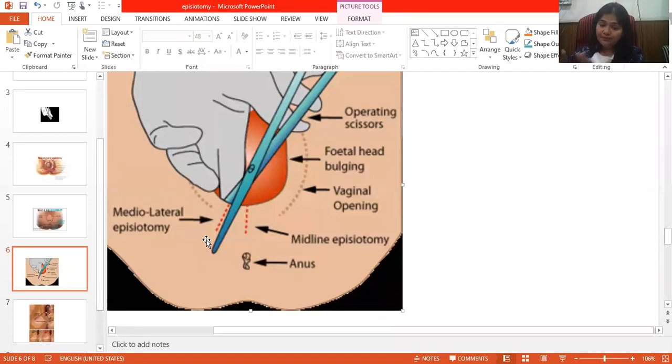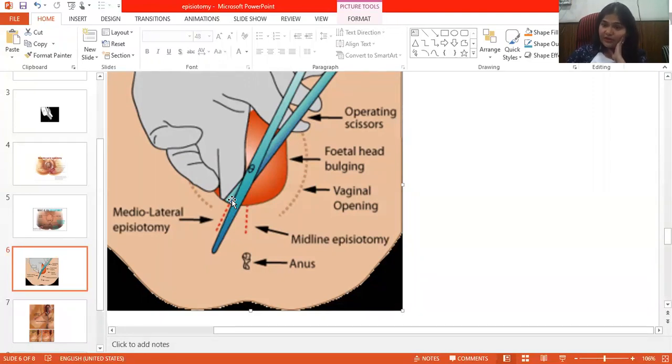You are going to clean the parts with antiseptic solution. Then you are going to give local anesthesia with xylocaine 1%. You are going to dilute it, and then inject that solution. Put the needle in, aspirate and see that no blood is coming out, because xylocaine should never go intravascular, right? So you instill it in the skin, in the muscle, and even inside the vagina. It will take 3 to 5 minutes for the local anesthetic agent to act.